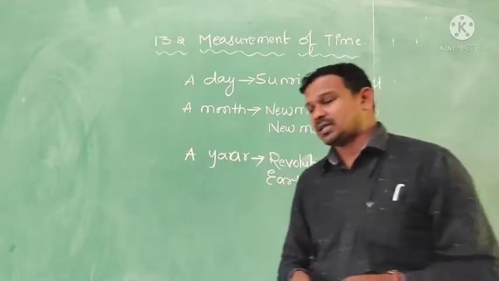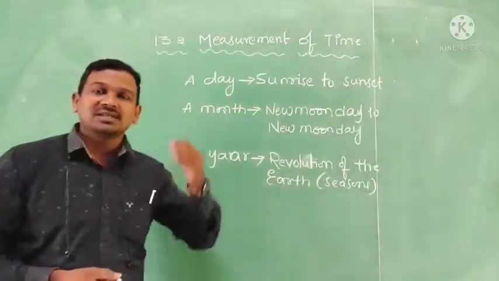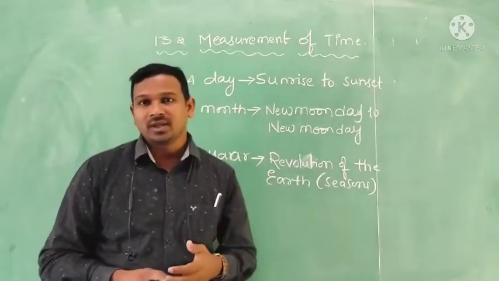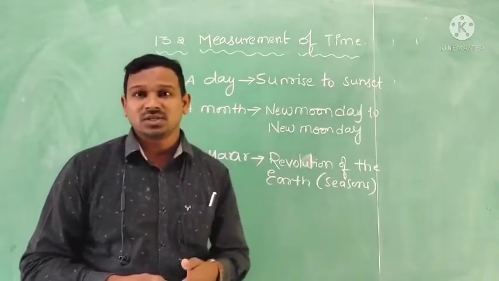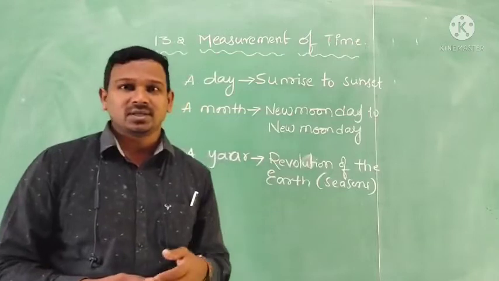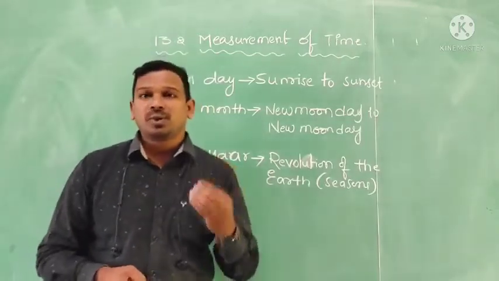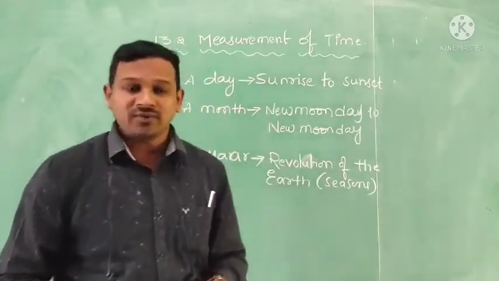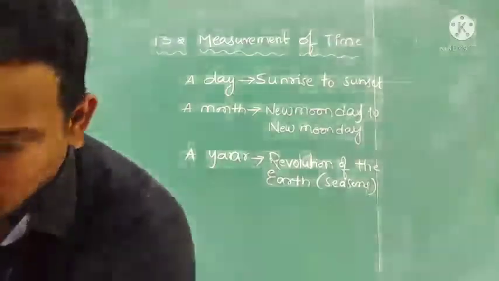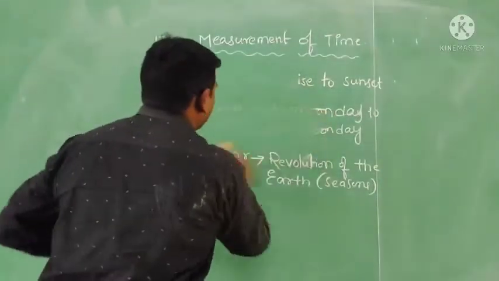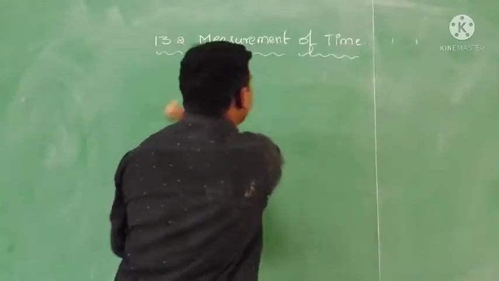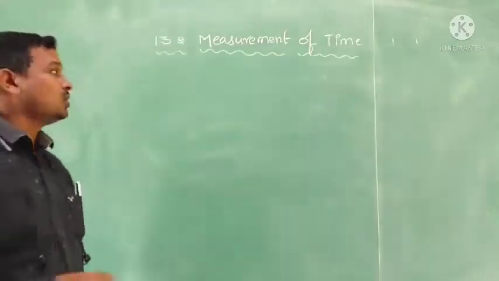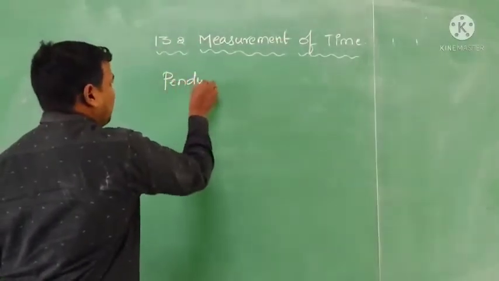Now we are going to discuss the time which is less than a day. A very short span of time. How are we going to tell it? Of course, in ancient days there was no watch, no clocks, no digital meters to tell the time. For that, we need a proper mechanism to tell time less than a day. So here we have an invention, that is the pendulum. A pendulum is an instrument used to tell time less than a day, or less than an hour also. So now we are going to discuss the pendulum.